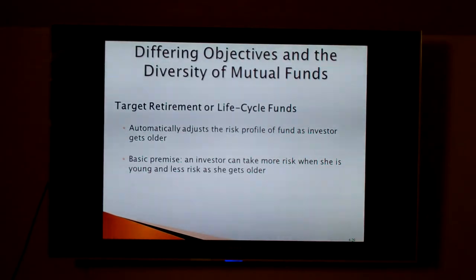I could buy a 2045 target date retirement fund. Basically, that fund is going to be geared towards an average person who wants to retire in the year 2045. And it's going to adjust the risk accordingly. It's going to rebalance the risk every year to compensate for my age in that cycle. Okay? So, all things being equal, the older I get, the more bonds I'll want to hold in my portfolio